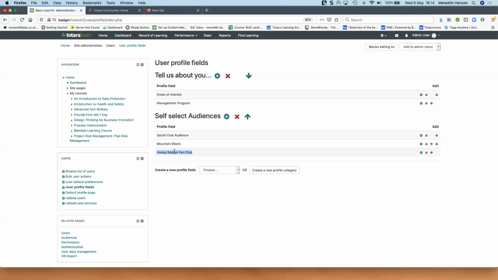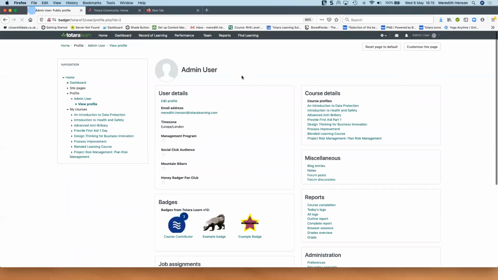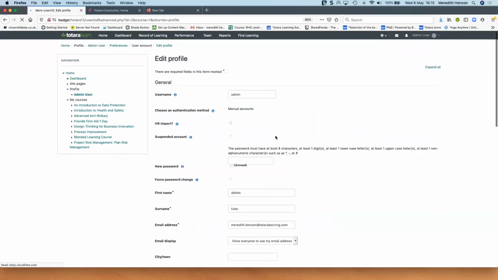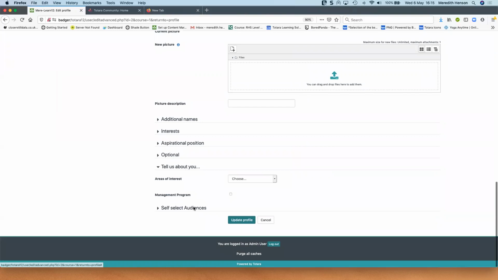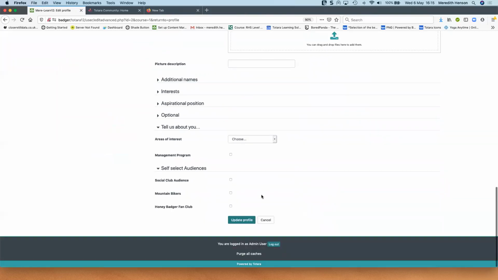So here are a number of custom profile fields that I've added. Some of them, well, I think pretty much all of them are tick boxes, but there are a range of other options in terms of creating custom profile fields. What this looks like, if I go into edit profile, here are those two sections at the bottom of my profile here, and there's one tick box, and then self-select